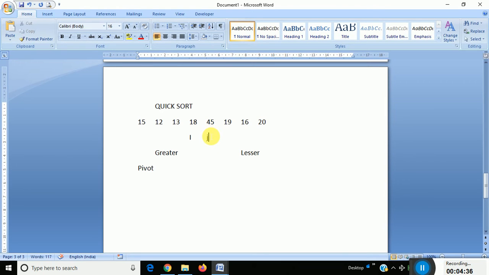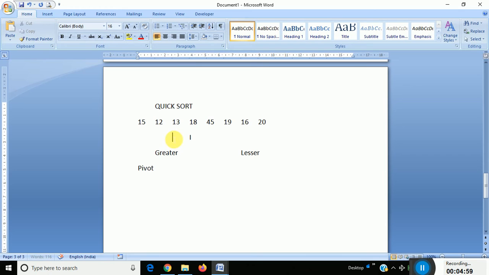True. Okay, after the i iteration moves forward, next j will take the turn. Now see, 15 is lesser than 18. True.